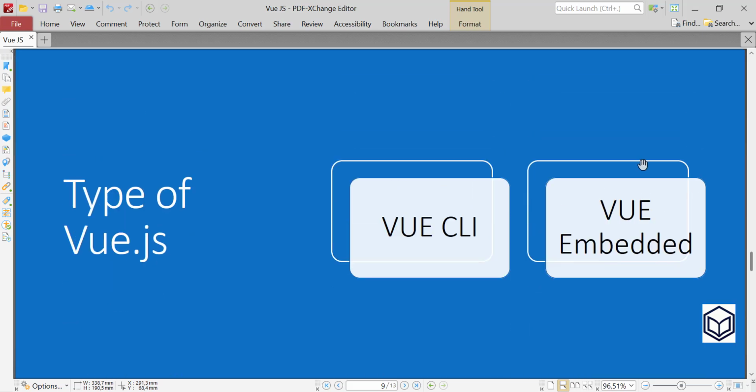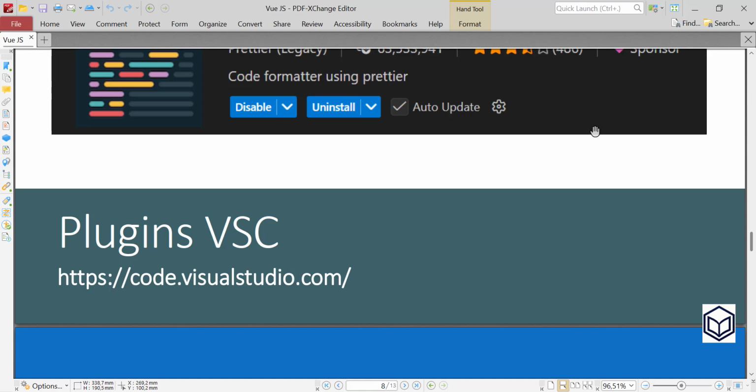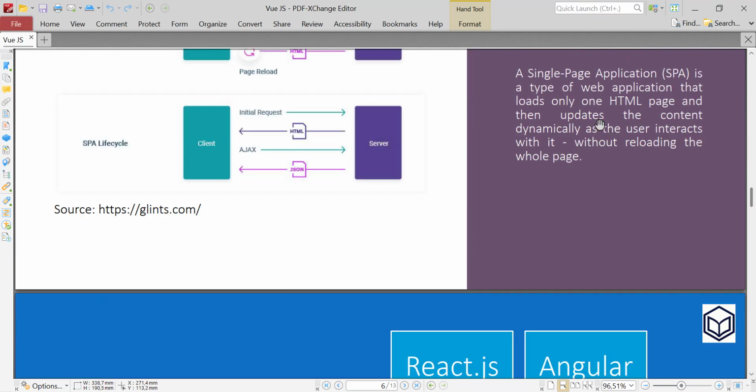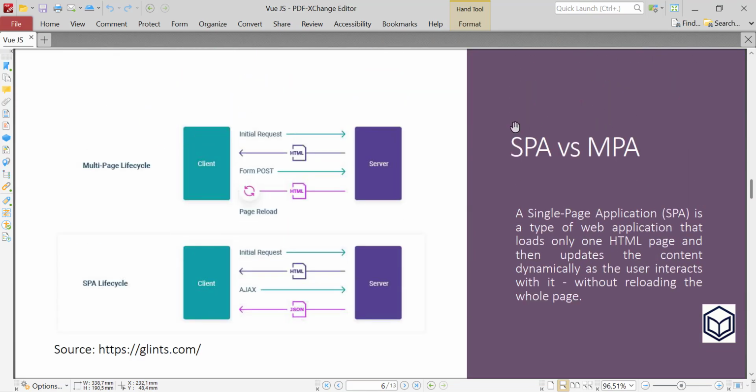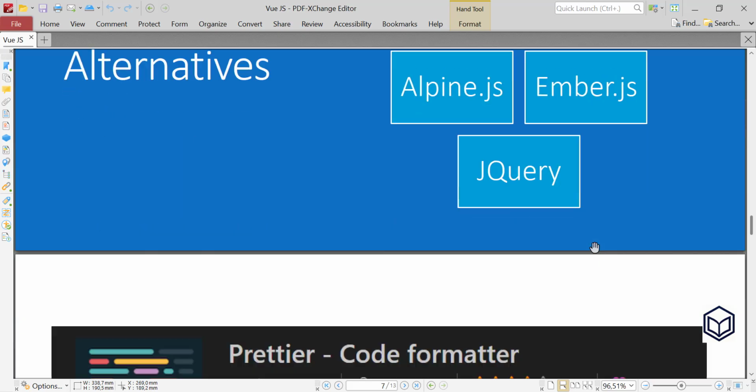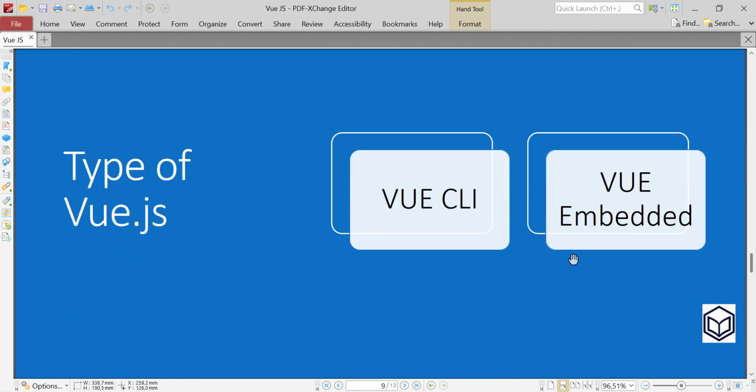If we use the Vue embedded type, it means we embed Vue in HTML, so we will build an MPA, a multi page application. In these tutorials, I want to focus on SPA. We will use the Vue CLI type of Vue.js.